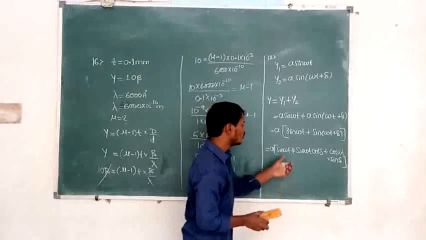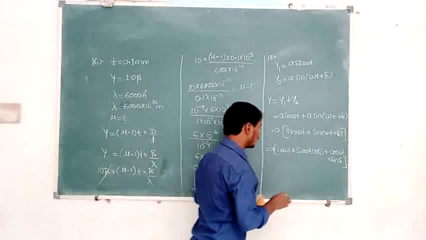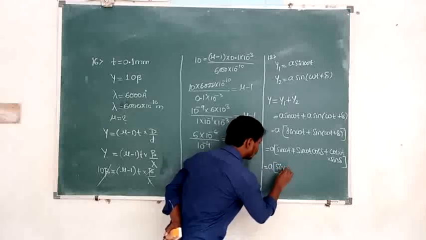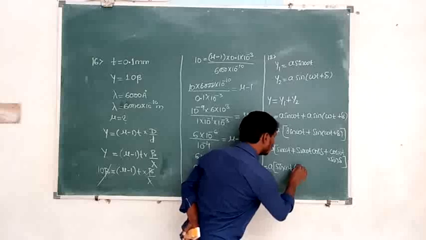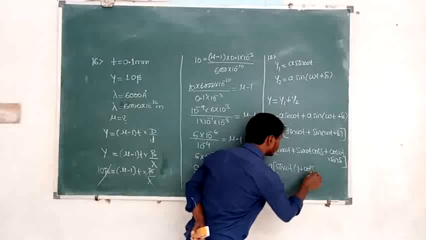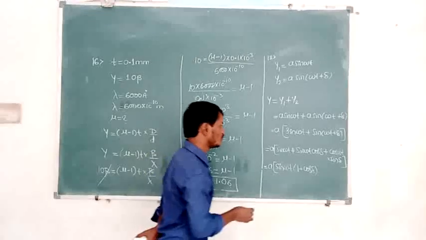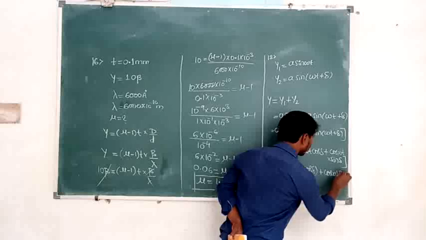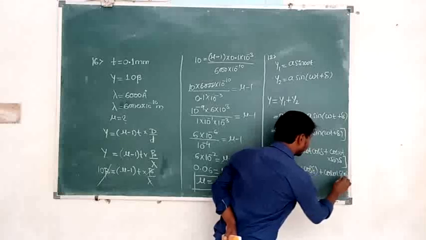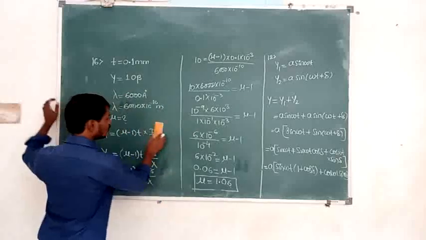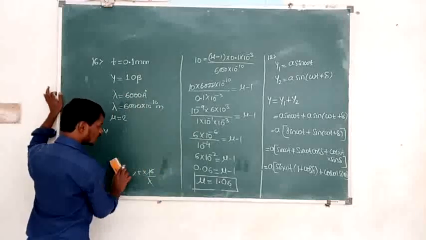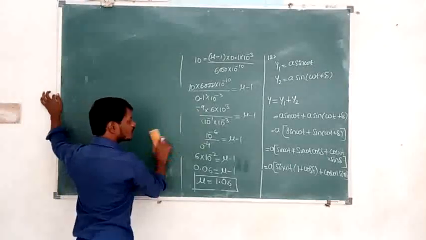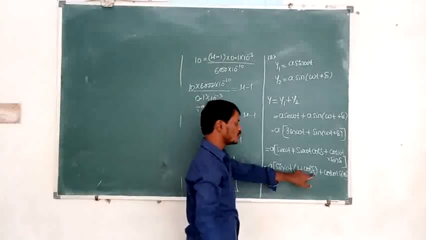So here in these two, what is common? Sin omega t is common. I will take A into sin omega t as common. What is left now here? There is 1 plus cos del, plus cos omega t into sin del. So we know the formulas for 1 plus cos del and also sin del. Here the phase difference is constant. We have to find what that phase difference is, means we have to find del.